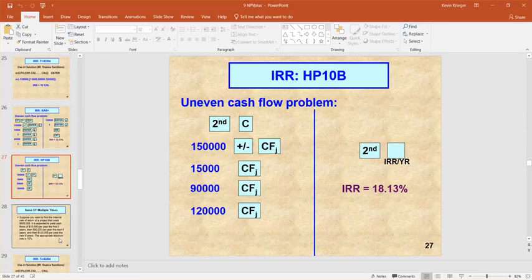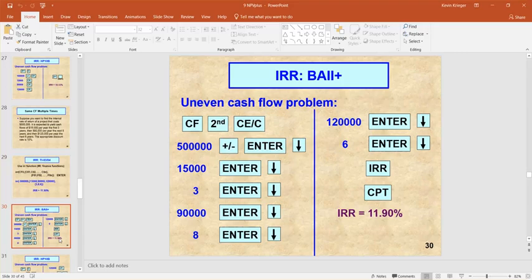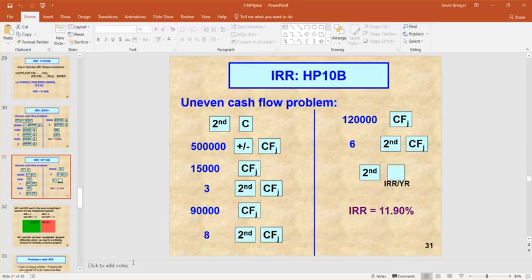I didn't say, and there is still, it is pretty finicky. You do have to be careful with braces, with commas, et cetera. That's the reason that practice, practice, practice is absolutely necessary here. With the BA2, it'll prompt you as you're scrolling down with these down arrow keys. It'll prompt you with the F. The F stands for frequency, and you can very easily say, oh, there's 3 15,000, so I enter my 3, and there's 8 90,000, so I enter my 8, and so on. And you can check your work and do some practice problems with us too to make sure that you indeed have it down.